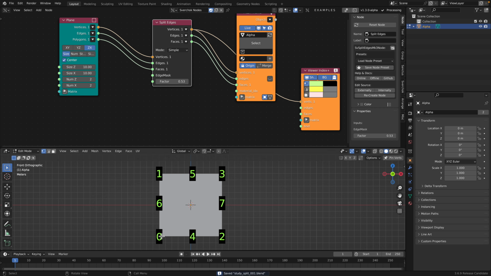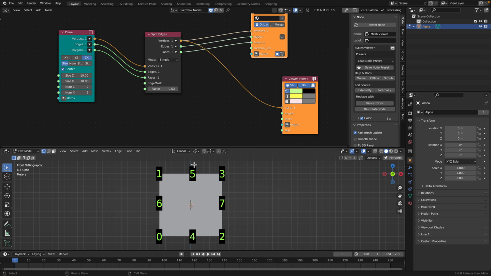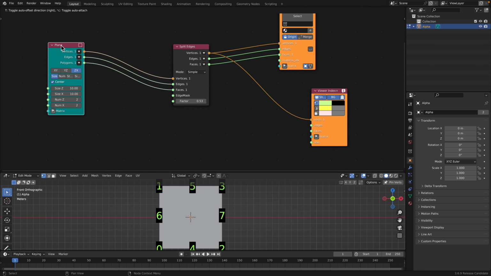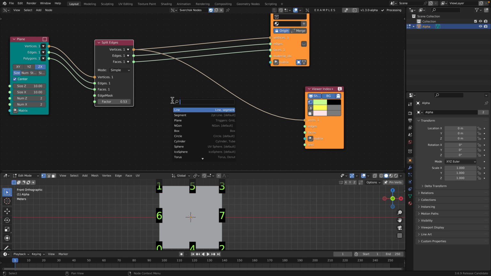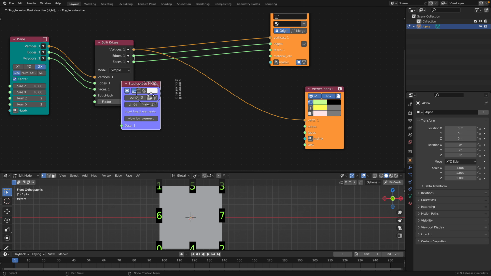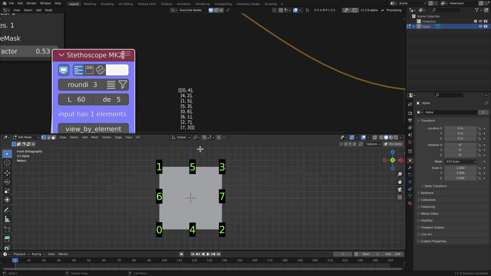And yeah, we have the original vertices 0, 1, 2, 3, and then the new ones 4, 5, 6, 7, right? We need a way to add and connect the dots there using edge indices. So if you look at the stethoscope, look at the edges. This is all the edges that we currently have on this object. So we already split